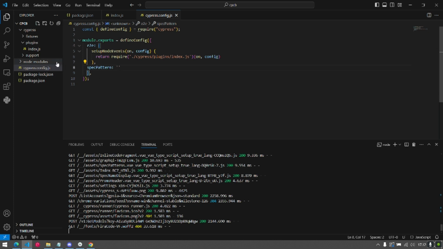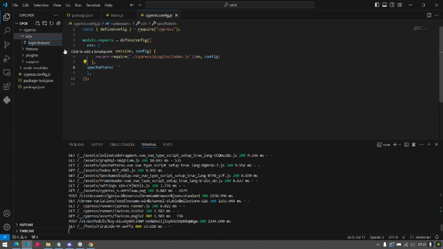You can create it in a folder called e2e. We don't have it yet, so we create the e2e folder in cypress. Inside the e2e folder we can add a file called login.feature.